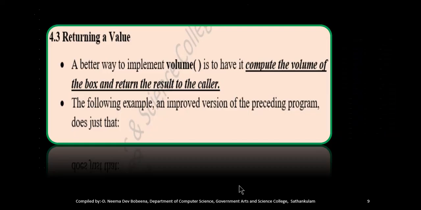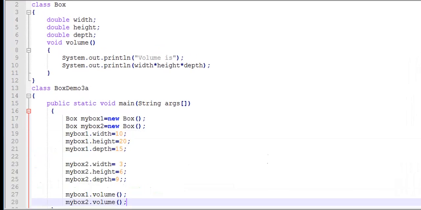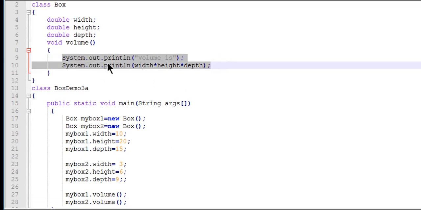Now we can modify this program to see a function or method returning a value. So we can implement volume by computing the volume of the box and returning the result to the calling portion. We are going to modify this program so that the value which is evaluated, instead of displaying the value here, we are returning the value to the calling portion.